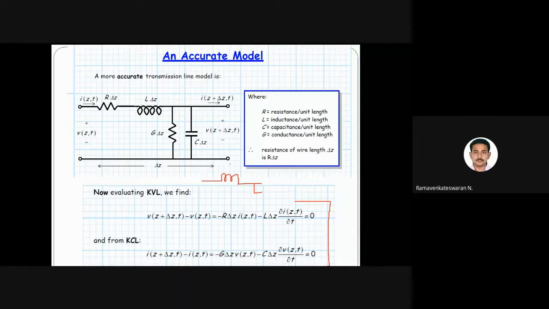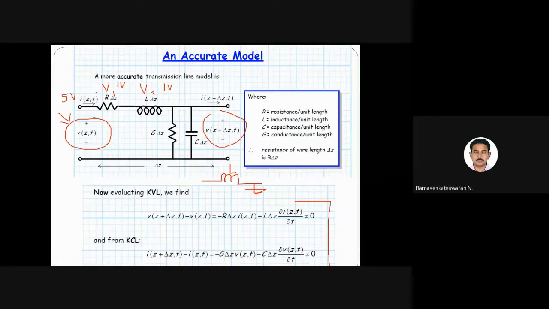If you have an inductor, what is the voltage drop across the inductor, or what is the induced EMF across the inductor? Because I have to calculate what is the voltage drop here, what is the voltage drop here, and what is the voltage here, and what is the voltage here. Okay, so the sending end voltage, for example, I'm taking some value, if it is 5 volts, and the voltage drop across the resistor is, let us take, 1 volt, and across the inductor, let us take 1 volt. So how much voltage will you get here?